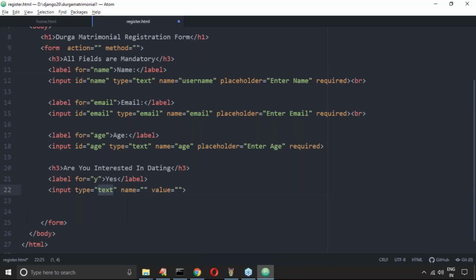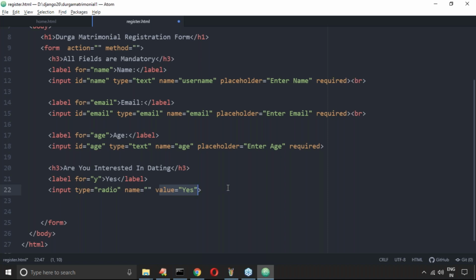Now input type is equal to, anyone can you please tell? Type is equal to radio. Name is equal to, of course, value is equal to yes. Let me take yes. If anyone clicks yes, internally which value will go? Yes will go, sir.